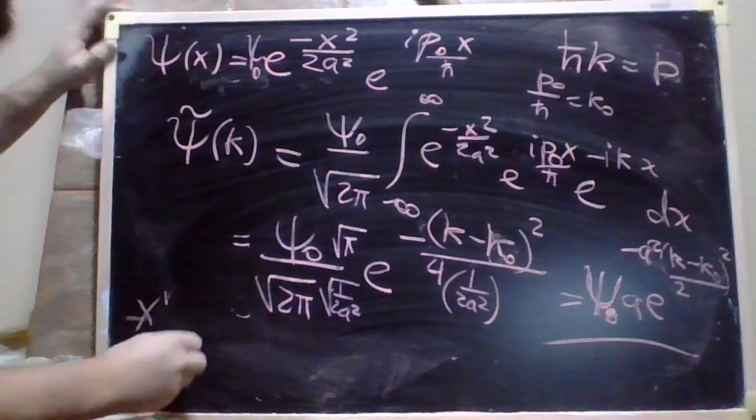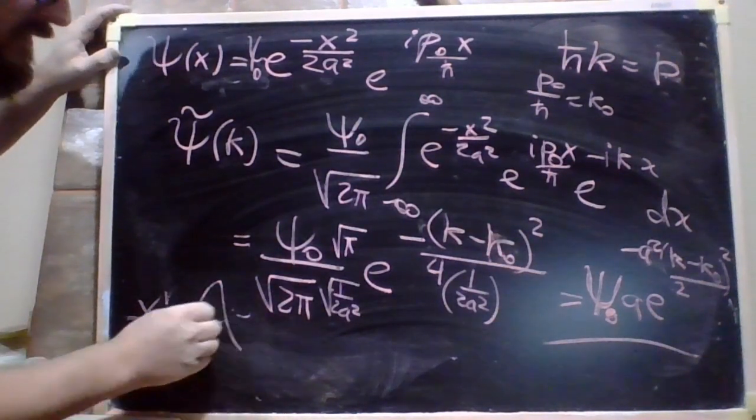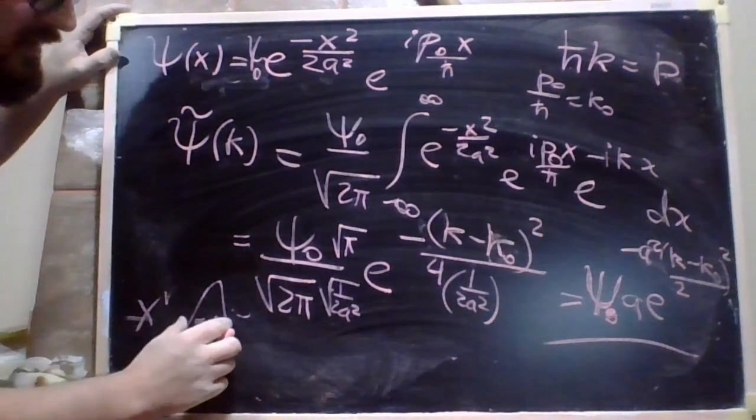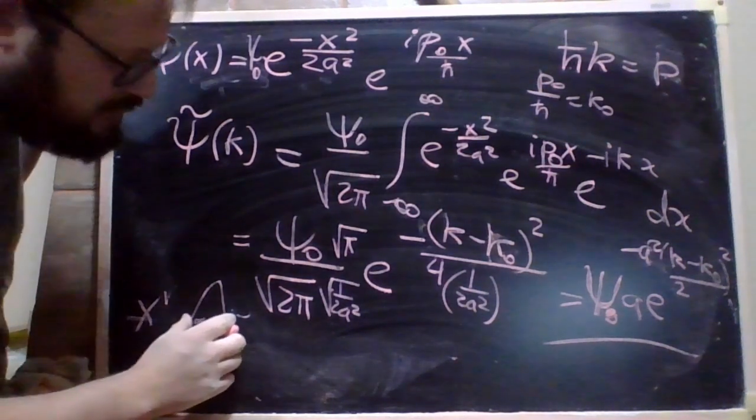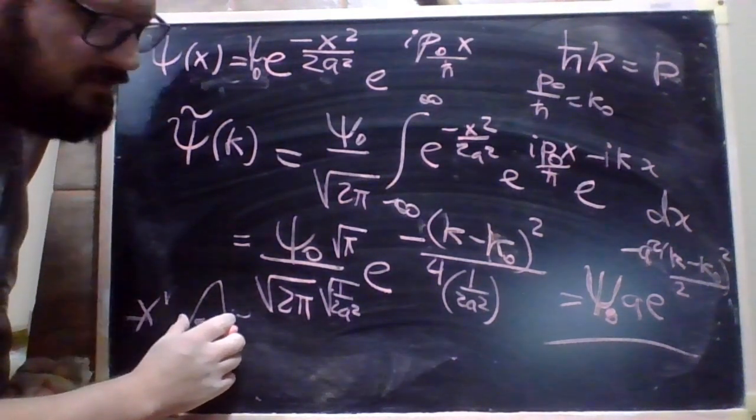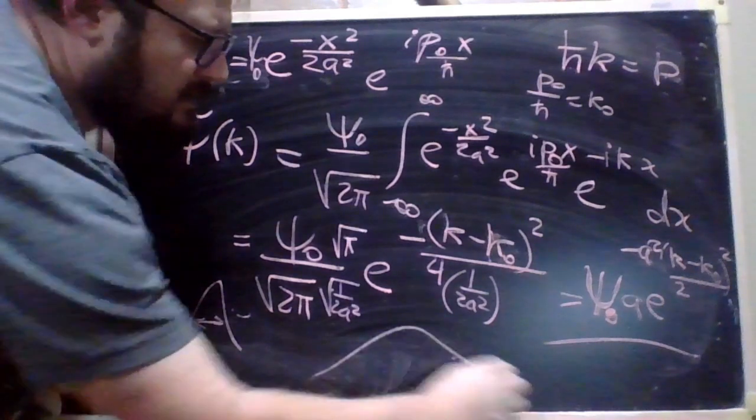So if it's just short, it has a small width in the real space. It will be large in